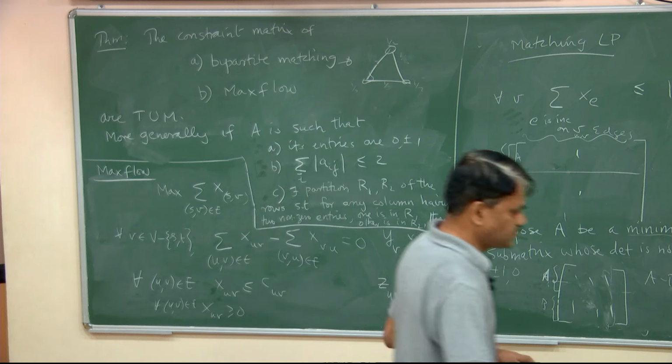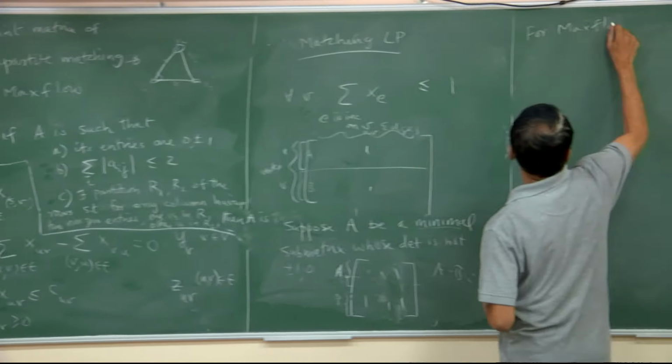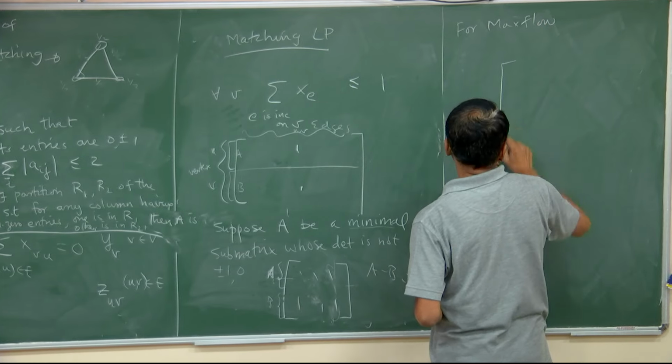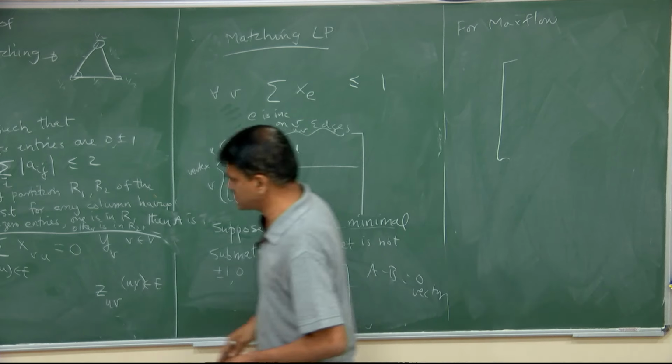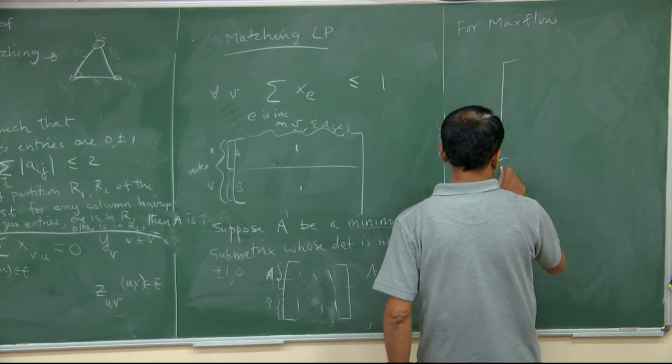So for max flow, for now let's ignore this set of constraints, or maybe let's capture this. What is this set? For every edge, it's basically an identity matrix. Okay, so I will have for every edge,